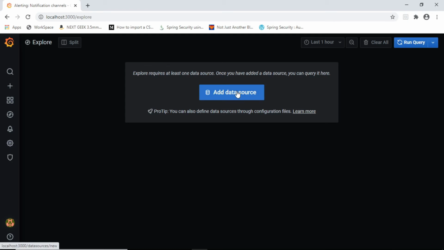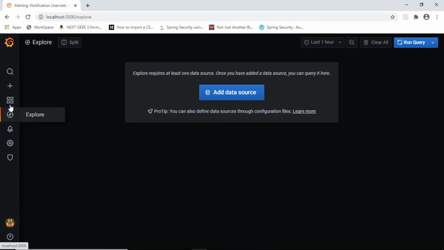So what you need to do is add the data source, and if you add the data source, you will be able to connect with the tables, and then you can write a query, run a query, check whether what you are getting is according to your expectations or not, and then you can use it in your dashboard. So explore is a way where you can actually test the scenarios and test your queries, find out whether the queries fit into their scenarios, and then use it in your actual Grafana dashboards.